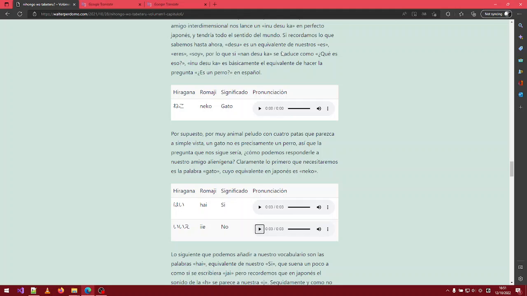Make sure to make the e longer, because if you only say ie, you will be saying house, like your home, whatever. So iie, いいえ. We can say, iie, neko desu. No, it's a cat. Because remember,